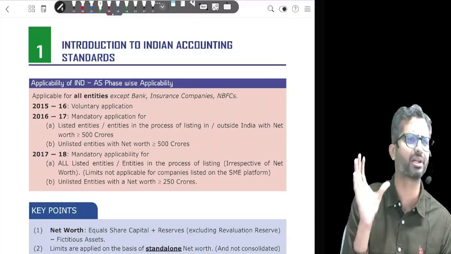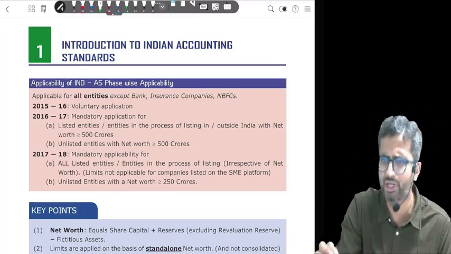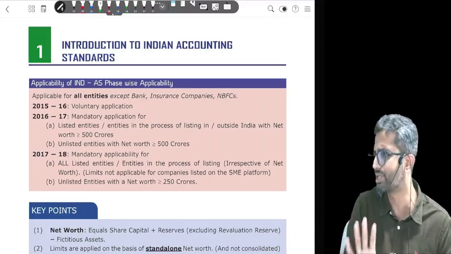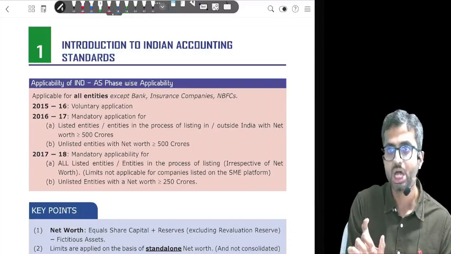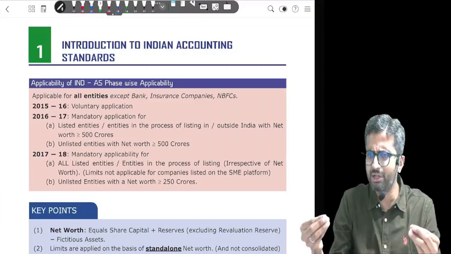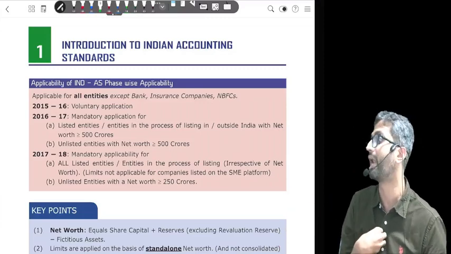There are a few differences between IFRS and Ind AS, around 12 to 14 differences. It is not there in your syllabus, but wherever they are, we will discuss that. They are called carve-outs. What do you mean by carve-outs? IFRS is an entire framework. There are some differences in Ind AS, considering the Indian landscape.